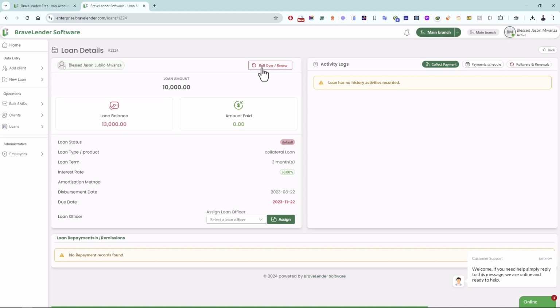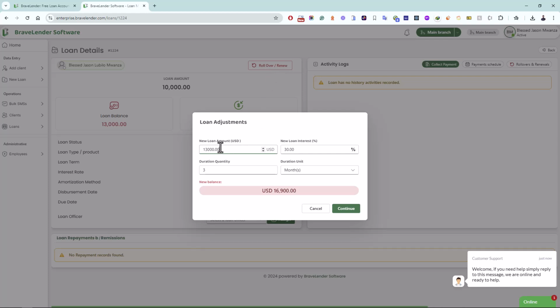What you see when you open a particular loan is this loan information. It gives you access to different functionality, but what we're focusing on is this part, the ability to roll over. Other than this, you can also make use of the rollovers or renewals request. When a rollover request or a renewal request has been made, you can go back to the rollovers and renewals and approve that in order for it to take effect. And the steps are as follows. You click on